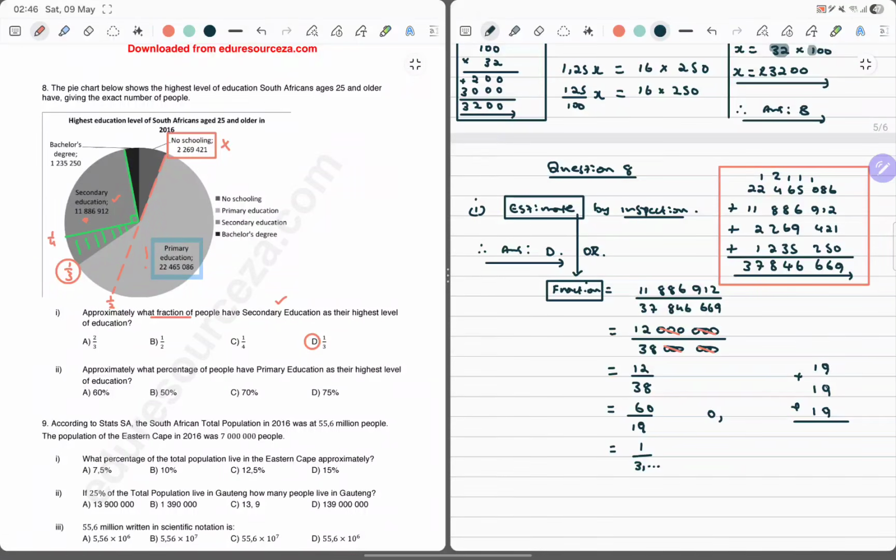9 plus 9, 18 plus 9, 27, right? So I put a 7 there, I carry a 2. 2 plus 1, 3, plus 1, 4, plus 1, 5. Can you see it's 57? So it goes 3 times. So this is going to be